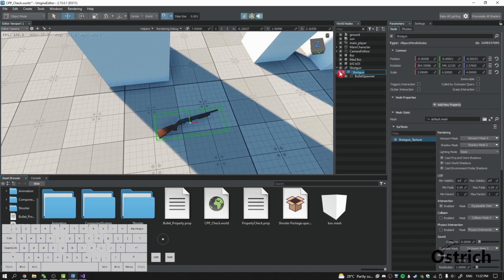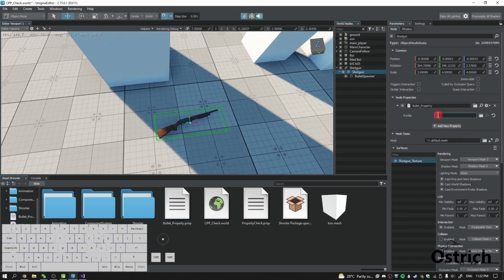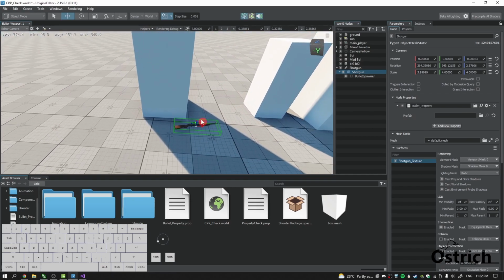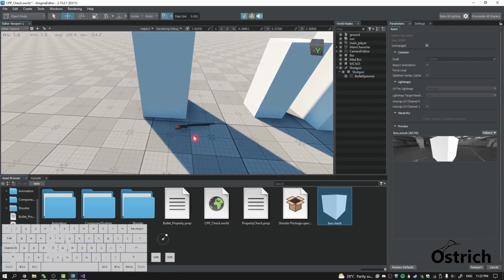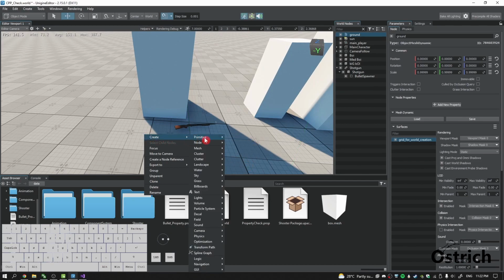Okay, so we got that done, and then we got to put the shotgun bullet property inside the shotgun, and what it's going to ask for is a prefab, and this is going to be our bullet. So how do you make a bullet? Basically, to make a bullet is just right click, create primitive, and we're just going to create a simple